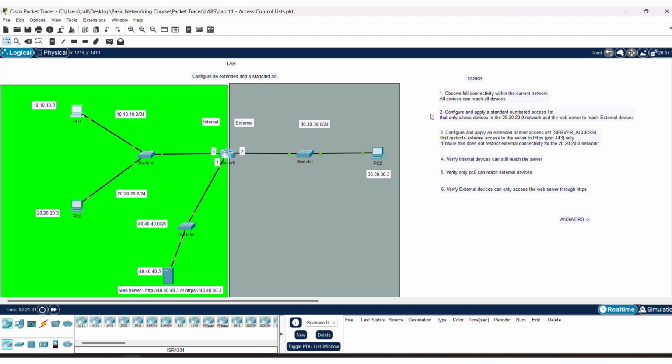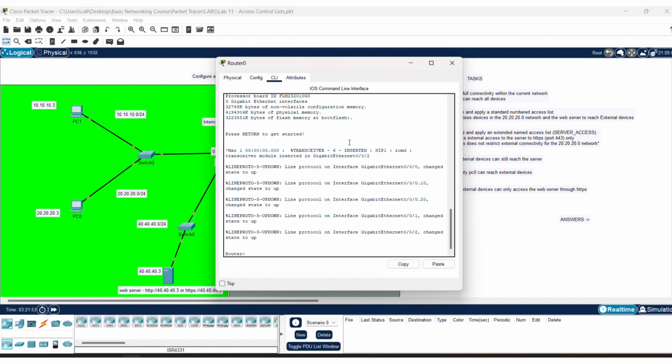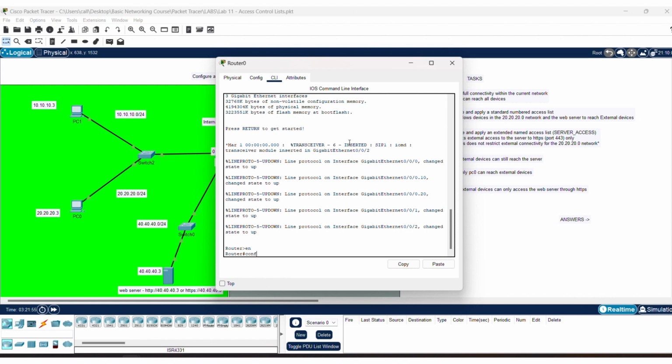So on to task number 2, it says configure and apply a standard numbered access list that only allows devices in the 20.20.20.0 network and the web server to reach external devices. So it looks like we're going to be configuring something that only allows PC0 and the web server to ping out to this device out here. So if we hop into our router, we're going to want to go into global configuration mode,